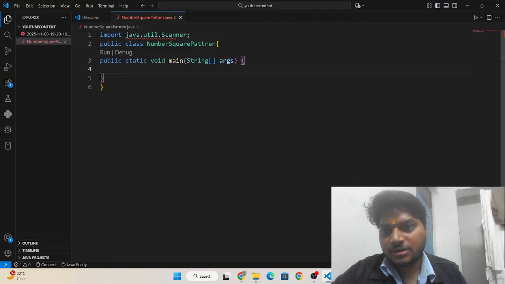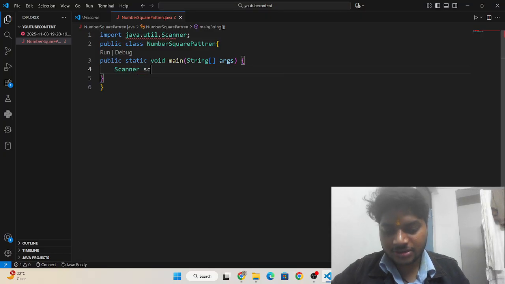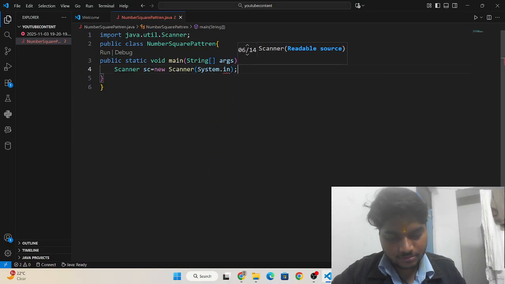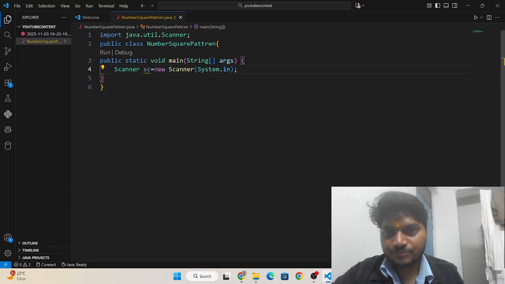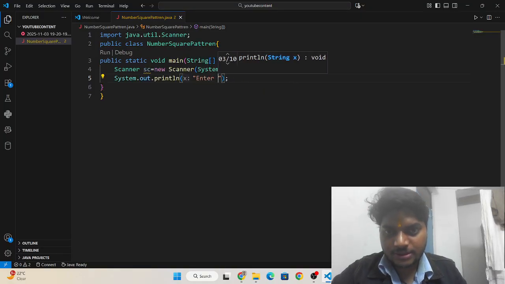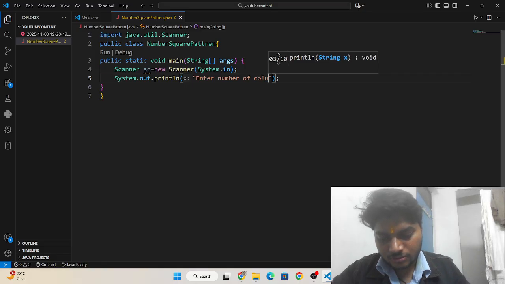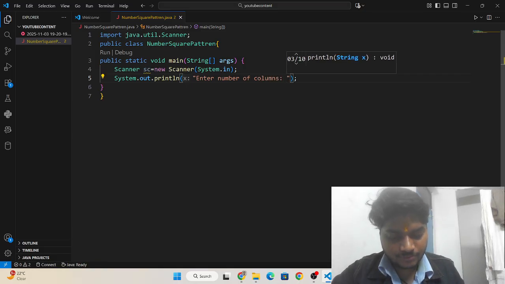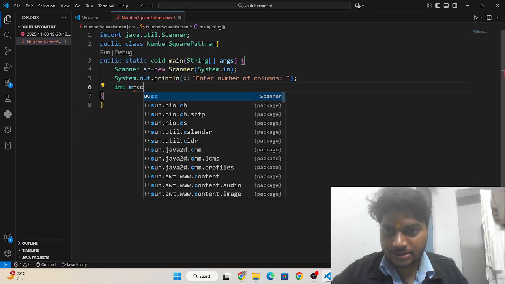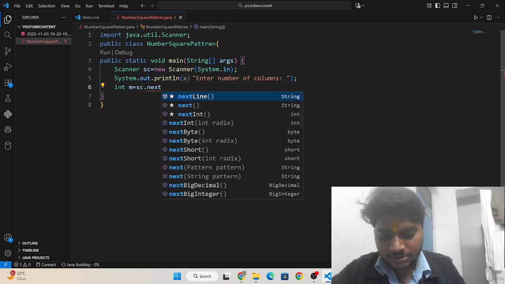Now I need to make an object for the Scanner class, so I need to write here Scanner sc = new Scanner(System.in), and then I need to write a message to ask: enter number of columns. I am going to take the number of columns in a variable with sc.nextInt().